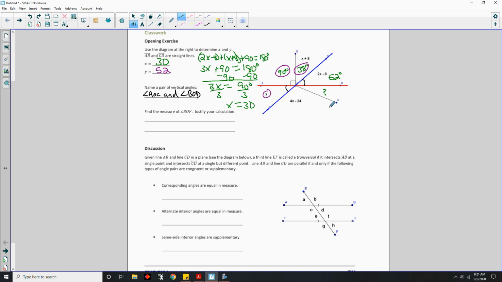And in doing this, I could call this Y or X, doesn't matter. Let's just leave that for now. I'm not going to name it. It's just going to be angle BOF. So I'm going to say the measure of angle BOF